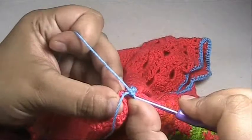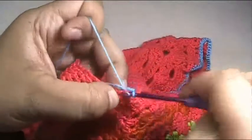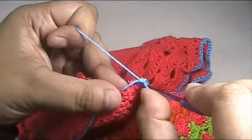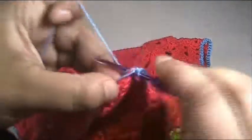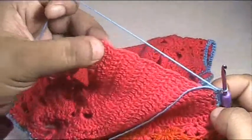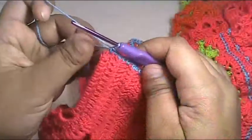try to find a point in which you can insert your hook, like this. And keep working the same way till you reach the corner here. I reach the first corner here,